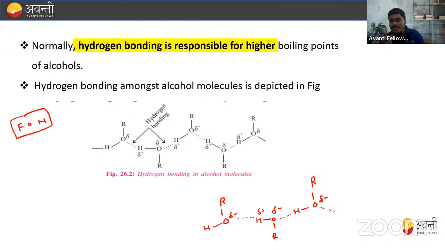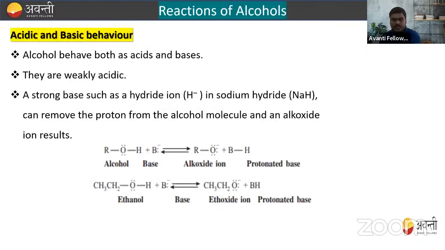So hydrogen bonding means a hydrogen bond is formed only when these three elements are present, like FON, right? Only due to the presence of these three elements, hydrogen bonding will be formed. I hope this is clear to all of you. Now,